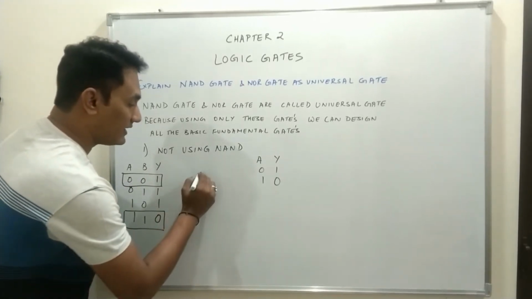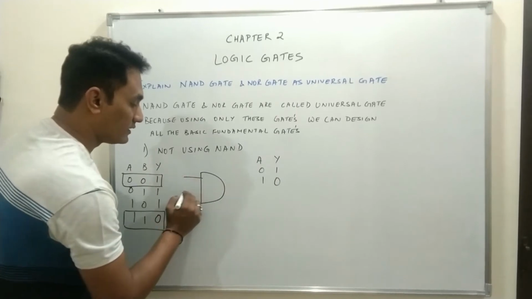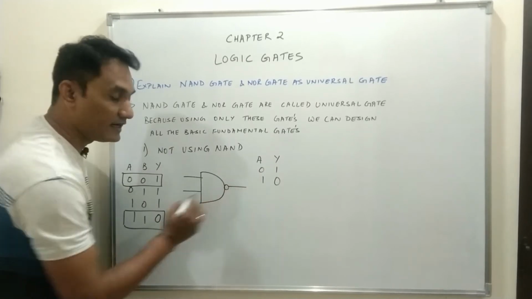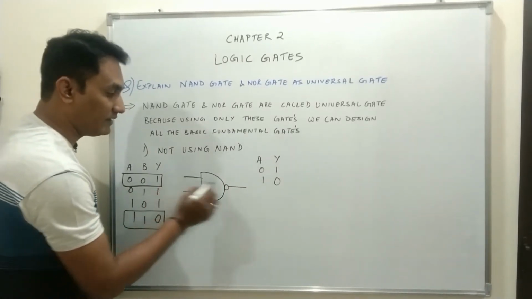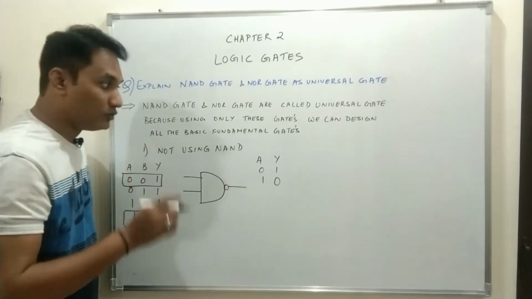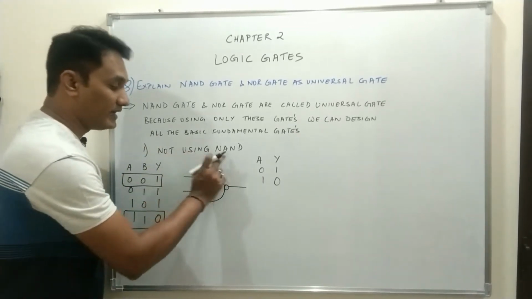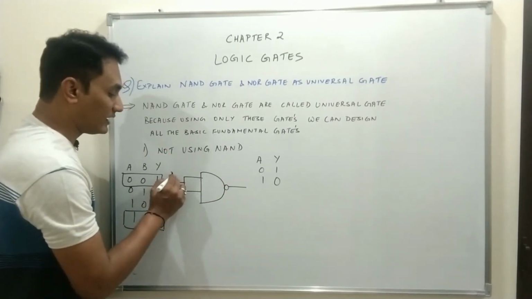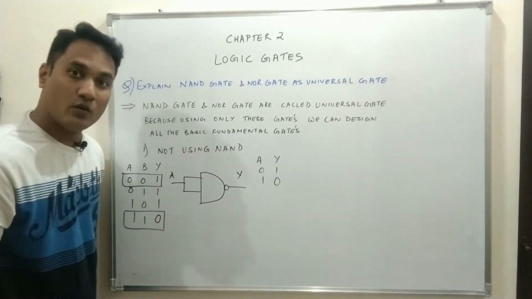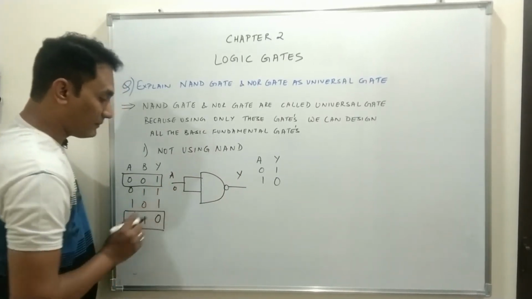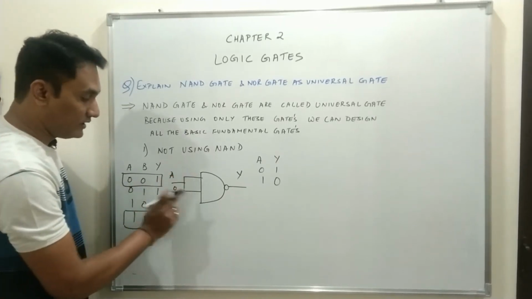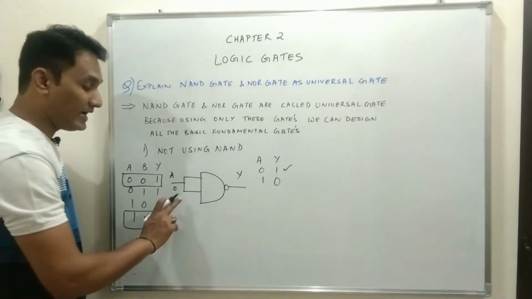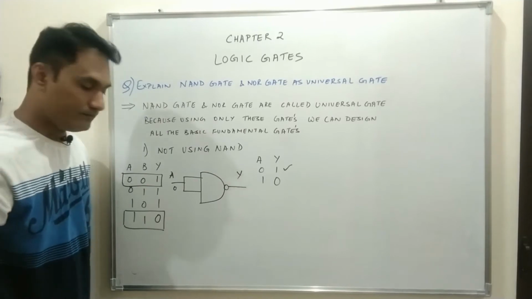Now you draw a NAND gate. The D sign indicates AND and the bubble sign indicates NOT operation. So these two are A, B variables, and this is Y. But what we have to design is NOT using NAND. So for that we will connect these two terminals, and we will take only one terminal out. Let that be A and let that be Y. So when A is 0, both the inputs are 0, and when both the inputs are 0 for a NAND gate, the output will be 1. So the first condition is satisfied. When you give A as 0, output Y will be equal to 1.